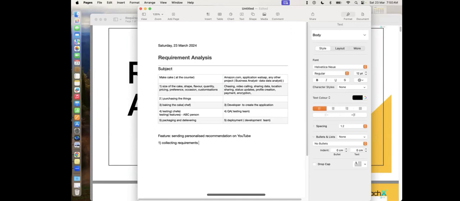That is done by business analysts. But the second thing is that a business analyst will need some sort of data. So if you have to send personal recommendations on YouTube, the business analyst only has to talk about this feature, that we need to send personal recommendations on YouTube. But the business analyst will need some data, like